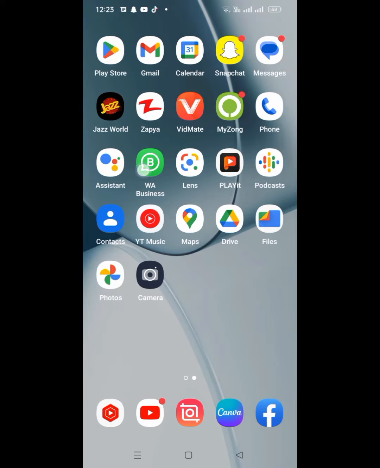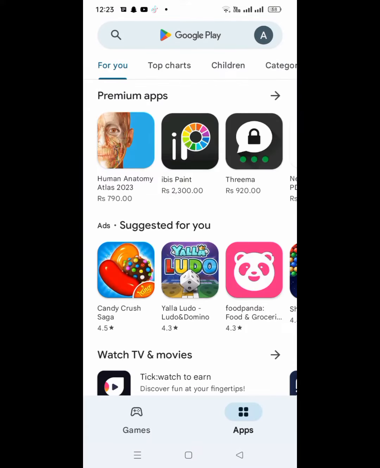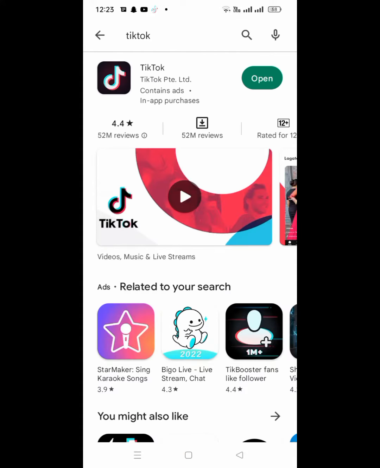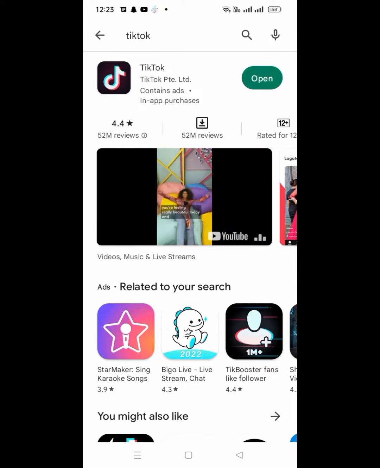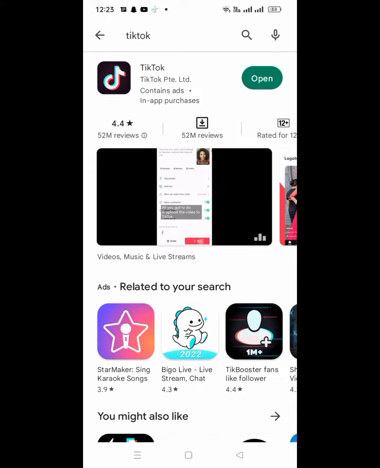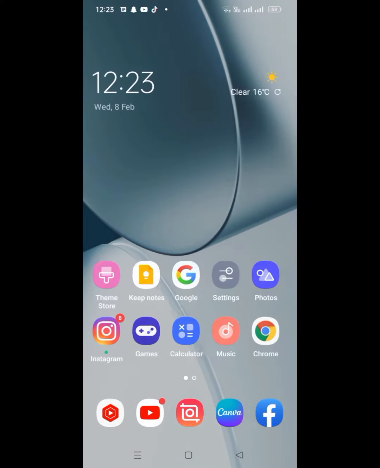First of all, open your Play Store and search for the TikTok app and tap on it. From here, make sure that you update your TikTok app. I am already updated. After that, check whether the problem has been fixed or not. If the problem is not fixed, then go back to your home screen, and after that open your settings